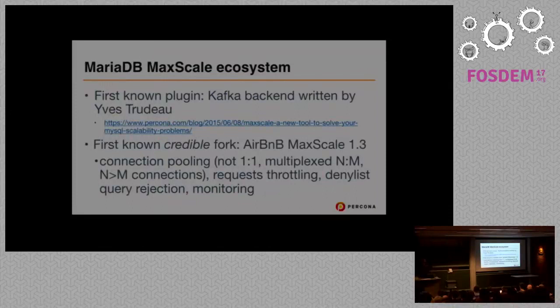They deployed Airbnb MaxScale on all of Airbnb from early 2016, and it's pretty much powering all MySQL that touches it there. And some of the features I've listed up there. Generally speaking, if a client completes a successful authentication with a backend MySQL server, Airbnb MaxScale will then serve the link between the backend connections and the client connections and park it in a connection pool of the backend server. Now, denylist query rejection as an addition for them was quite important, because sometimes they use Ruby, and